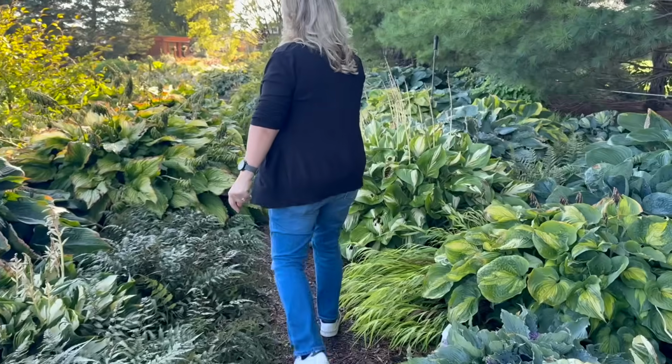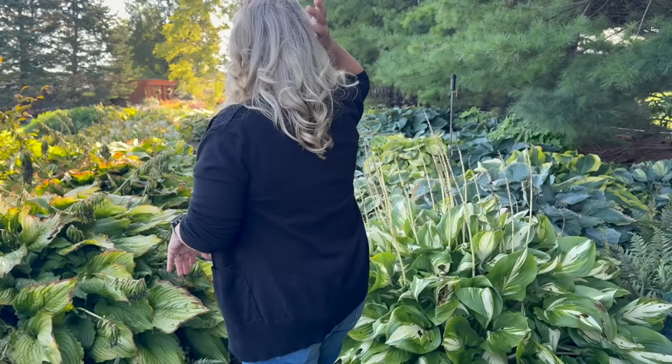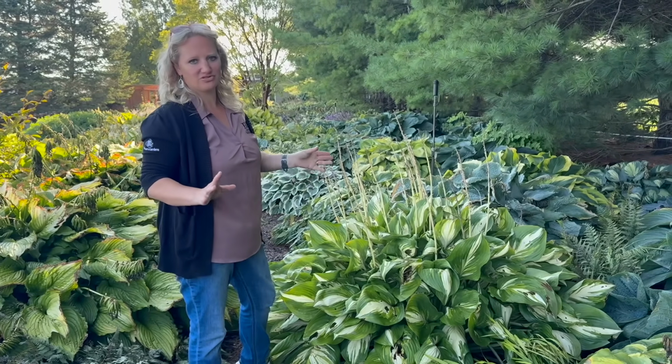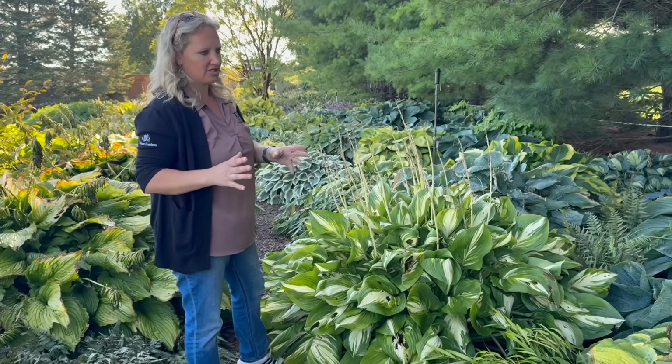That's really interesting. There's so many hostas in here. So many hostas. That is so crazy. I love this part of the garden. I mean, I love it all, but this is great. I'm a hosta girl. So yeah, this was all just put in COVID times too. So like 2020. Yeah. We did start with larger plants, so often like quarts to gallons,